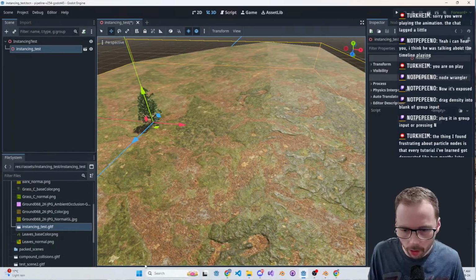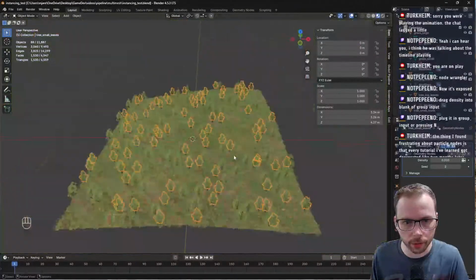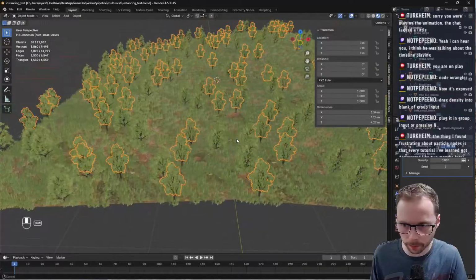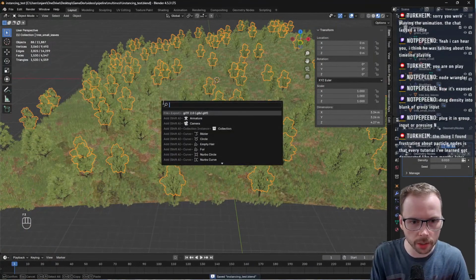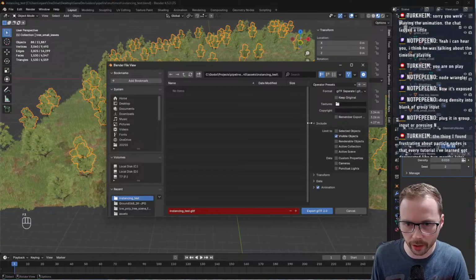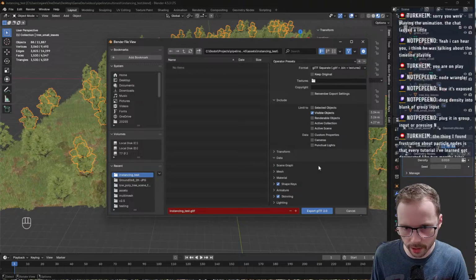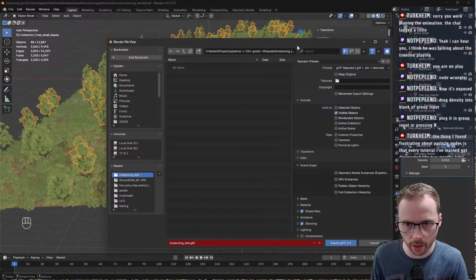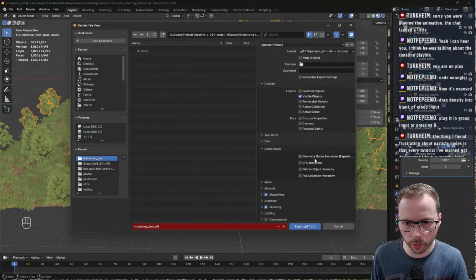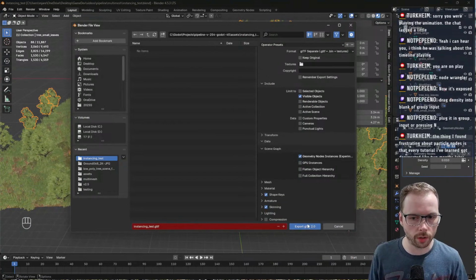All right, so I'm going to do a short YouTube video on this in a minute, but there's a handy dandy trick you can do. I just need to remember how to do it. So in the export settings, there's this cool thing under data, scene graph. Well, first of all, there's the hierarchy, which is super useful. So full collection hierarchy has its own uses. But if we do this, I think if we export it,